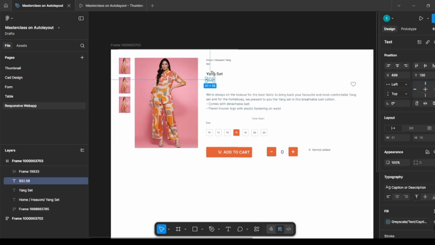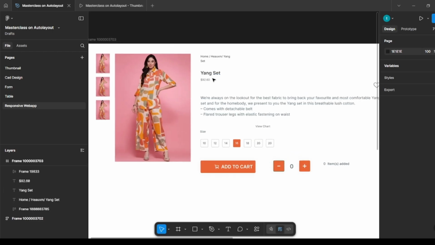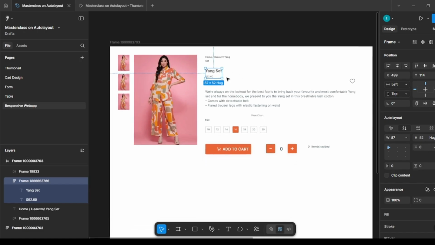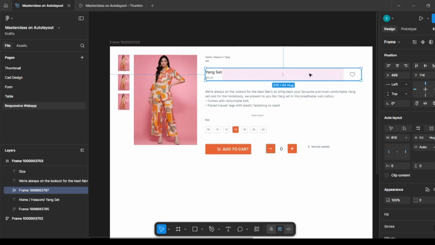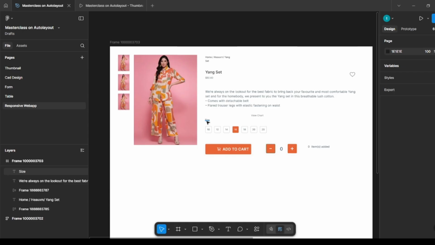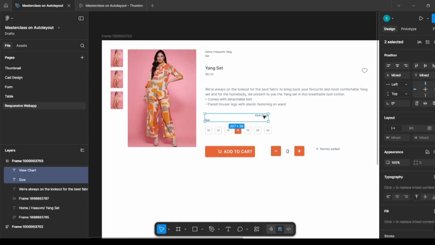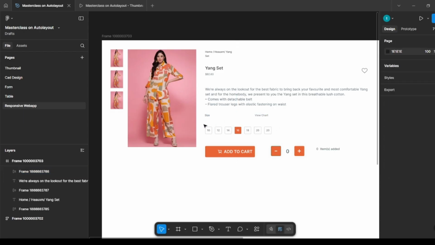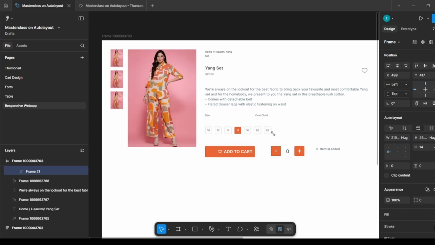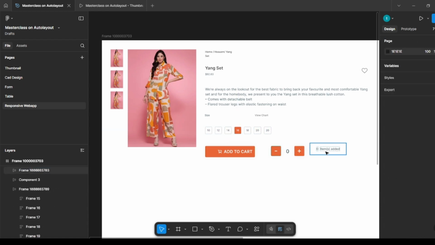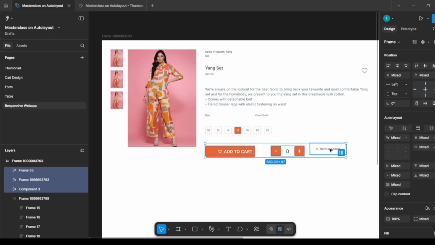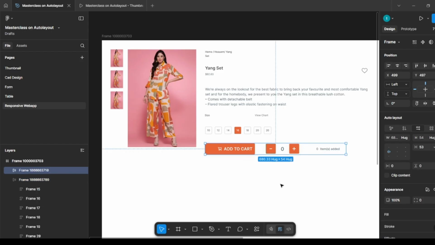and here select both of this price and this, take it into the auto layout, and after this select this content and the icon, and then take it into the auto layout. And for this also size and the view chart, take this into the auto layout. Take the page numbers also into the auto layout. All these buttons and cards I have already made into the auto layout. Now I am combining it, taking it into the auto layout,